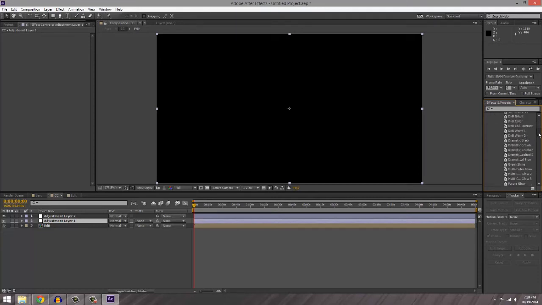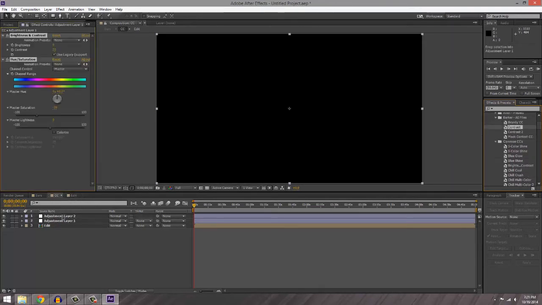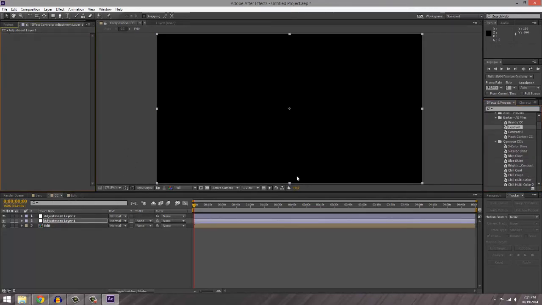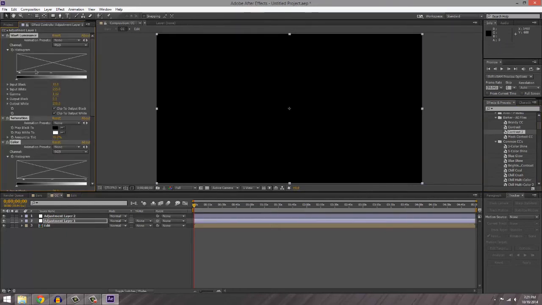Let's just use, like, I don't know what to use. Let's use a Barker one. Let's use a contrast. So it's a simple contrast on there. Just like that. I don't like that one. I lied. Gonna use contrast too. There we go. So we've got a couple of these different